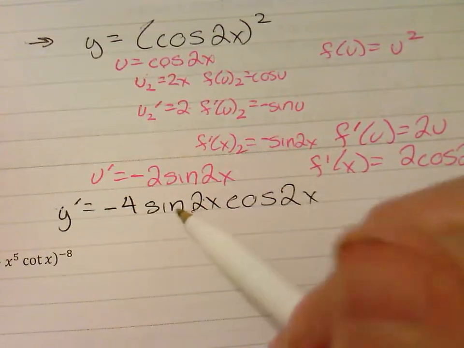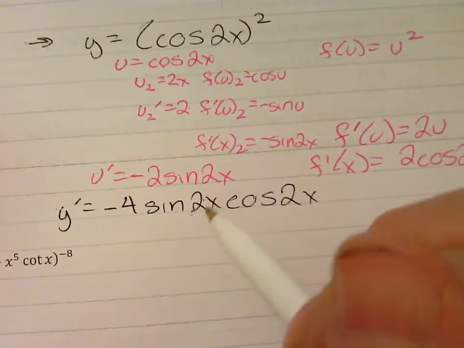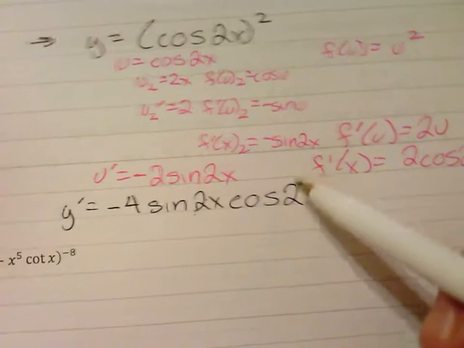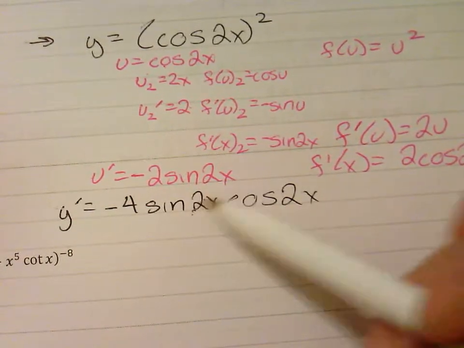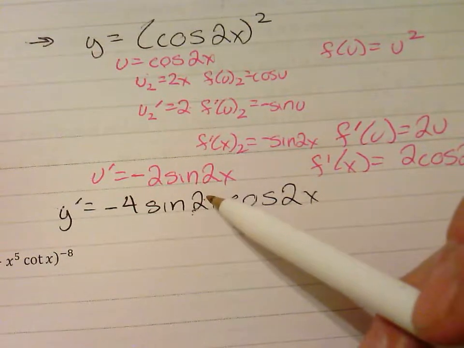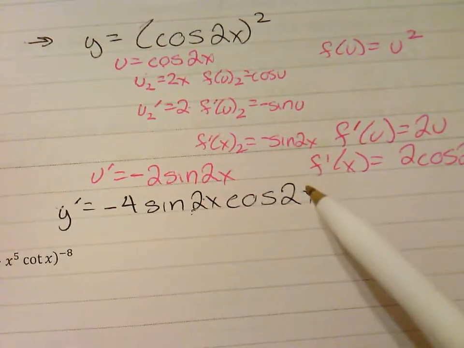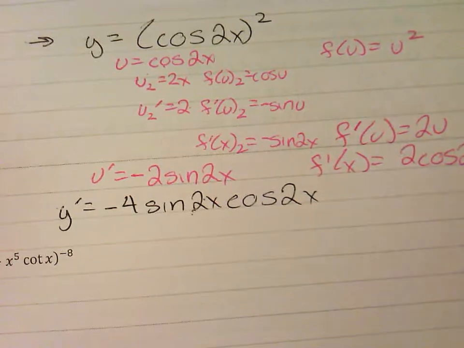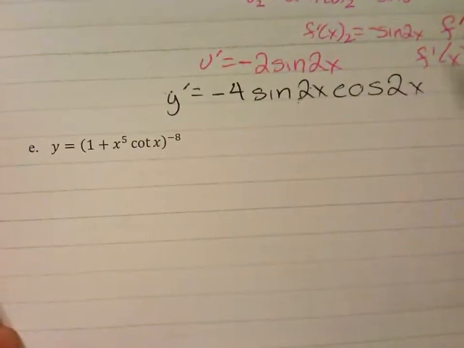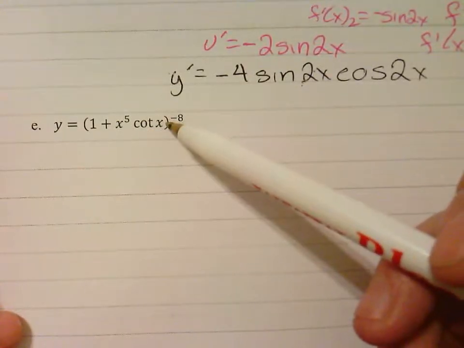So watch your trig identities, your calculus book. You may get this answer, might be the right answer, but your calculus book might go a step further by using a double angle identity here. So again, just refresh on those. All right, now we got another one. Okay, so not too bad